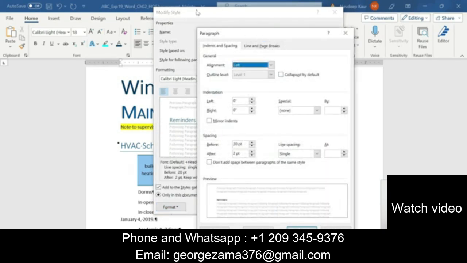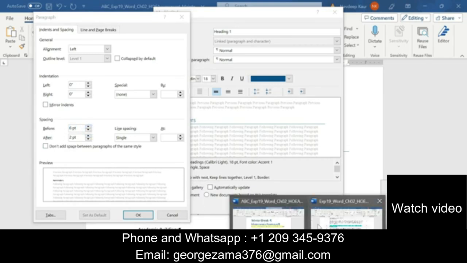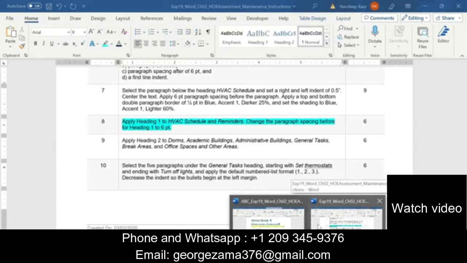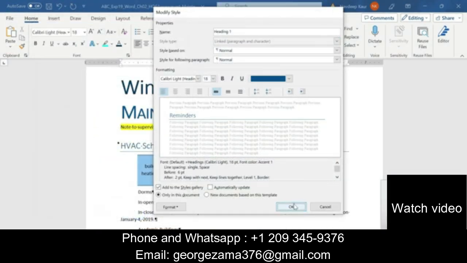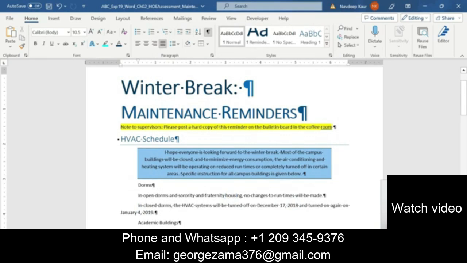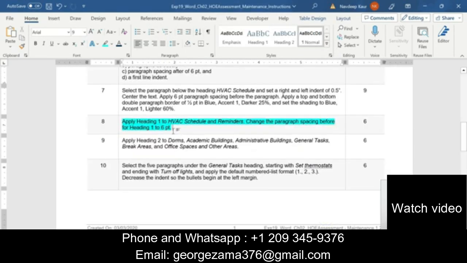So after going to the paragraph setting, we are supposed to make the before space 6 point, because it is required that 6 point paragraph spacing before. So make this 6 point and click OK and click OK. So you can see that I have made the adjustment according to step number 8 in heading 1.